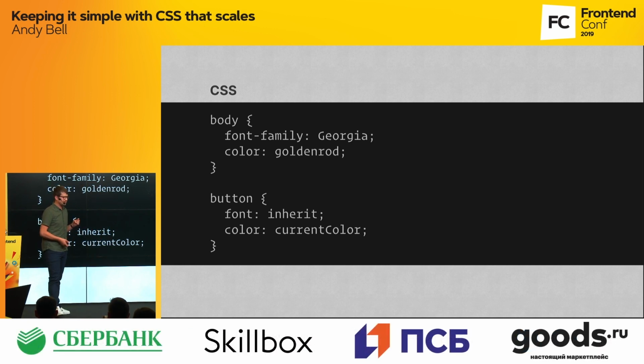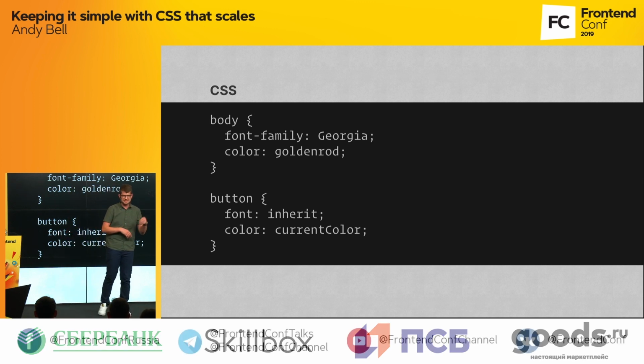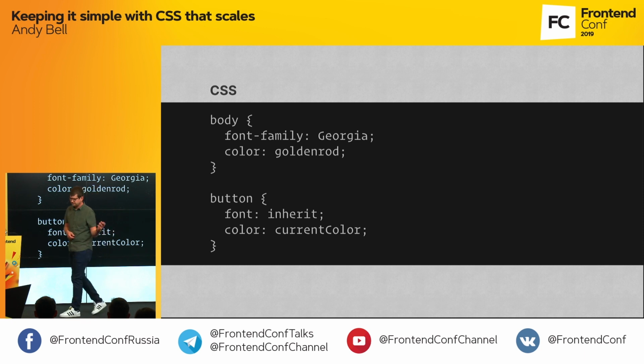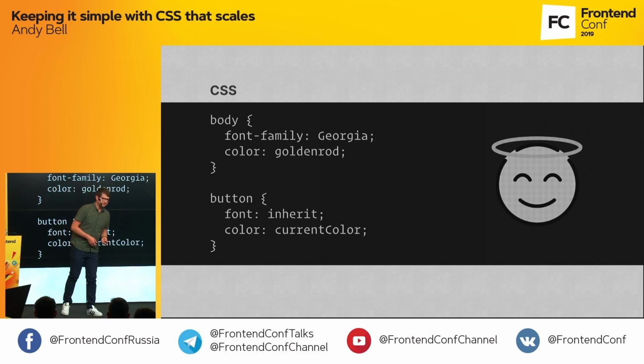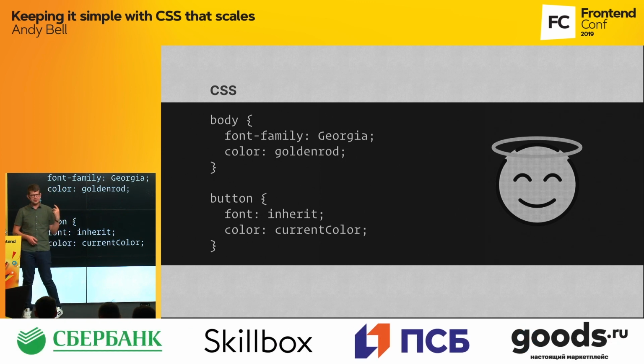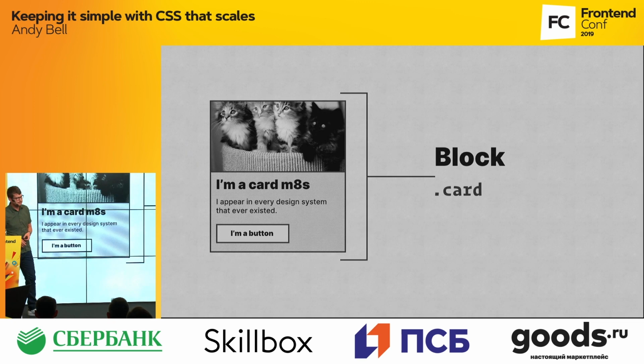And then I say color: currentColor, the named color, which means whatever the cascaded color is in the context, that's what color the button will be. So I want my button text to be the same color as the body text at any given point. And there we have it. Nice, clean CSS, and I'm writing as little as possible and utilizing high-level typography and color from the top, which means that I only have to write it once and let it trickle down into the rest of my CSS.